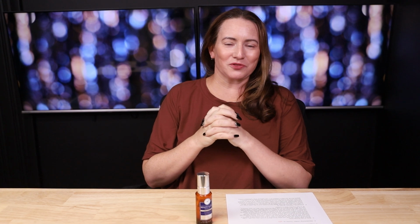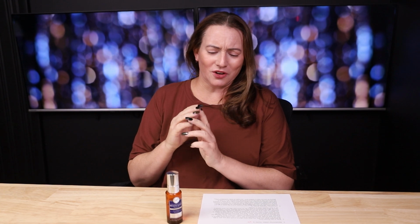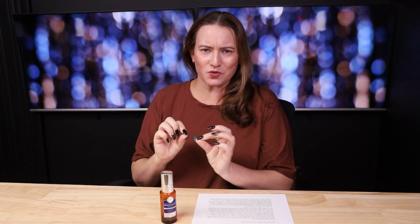Okay, so this one was interesting when it came out. IT Cosmetics can be, for fragrance and things like that, super hit or miss, but I saw the ingredient list and I was intrigued. I love vitamin C, I love ascorbic acid, it is an amazing ingredient, although I've got a few concerns about using it, and the ingredient list is really short, so that's a nice thing. So, they say, powered by 3 efficacious